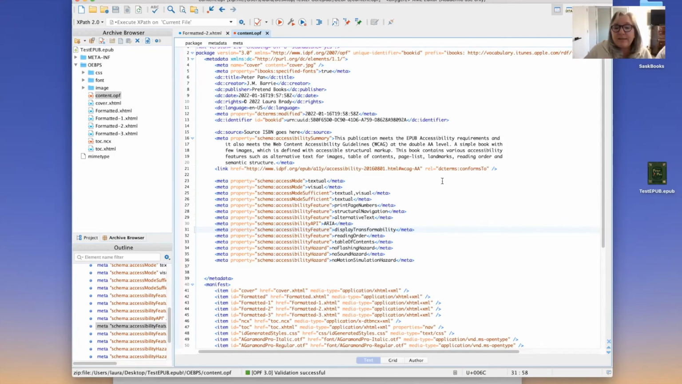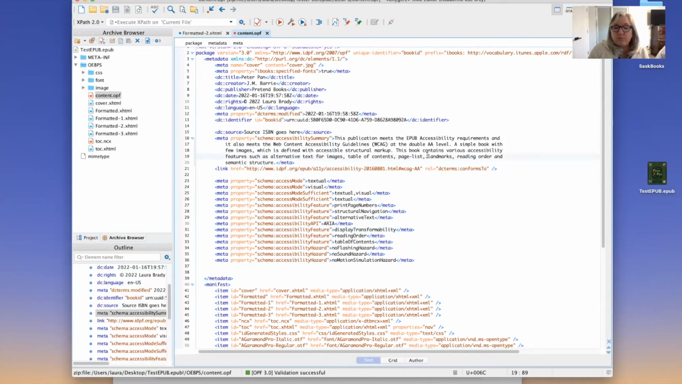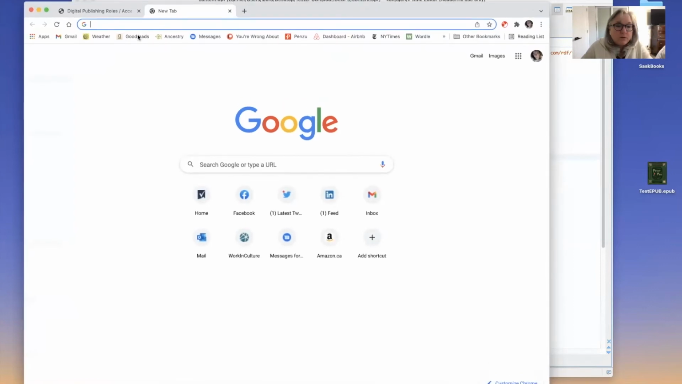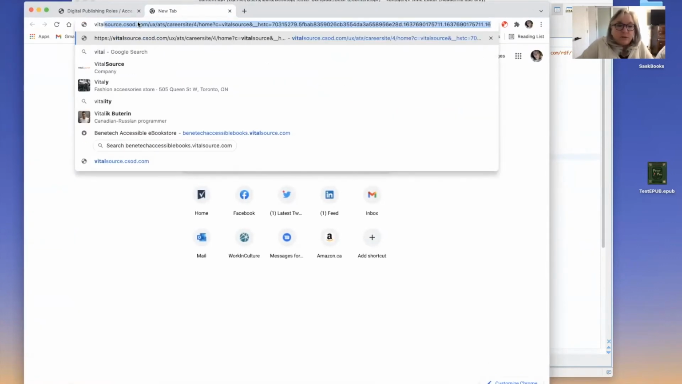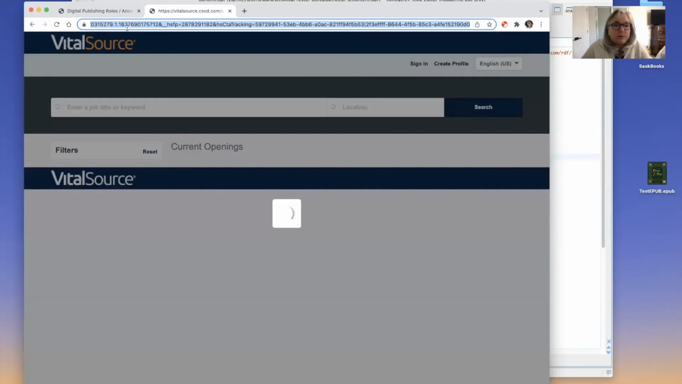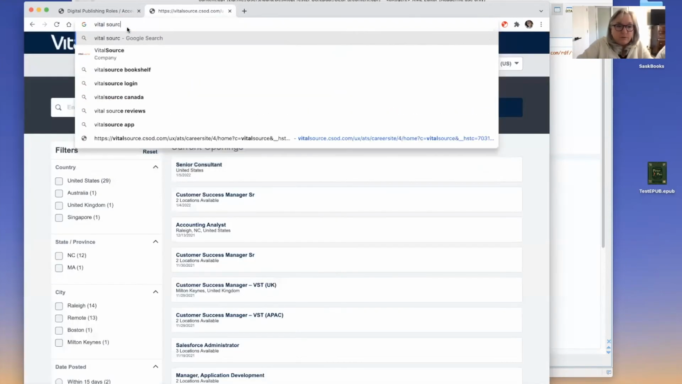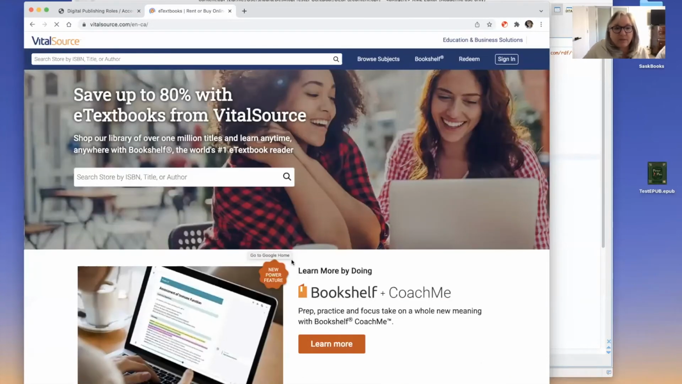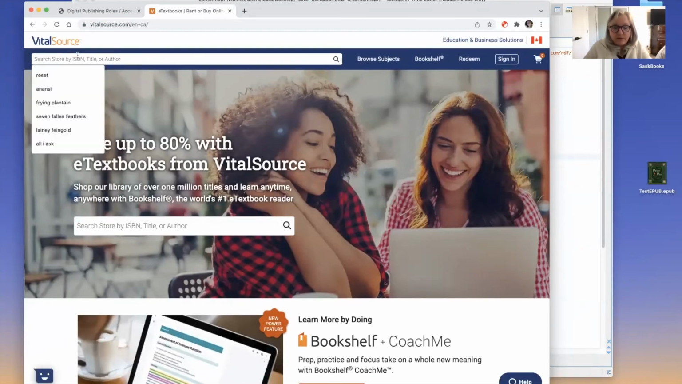Accessibility metadata is, at this point in time, mostly aspirational. I can show you some accessibility metadata in action if you like, if I can get Chrome to pop up. Okay, let's go to Vital Source. Oh, that's not where I want to go. Okay, Vital Source is an ebook store that's aimed at higher ed, and it is